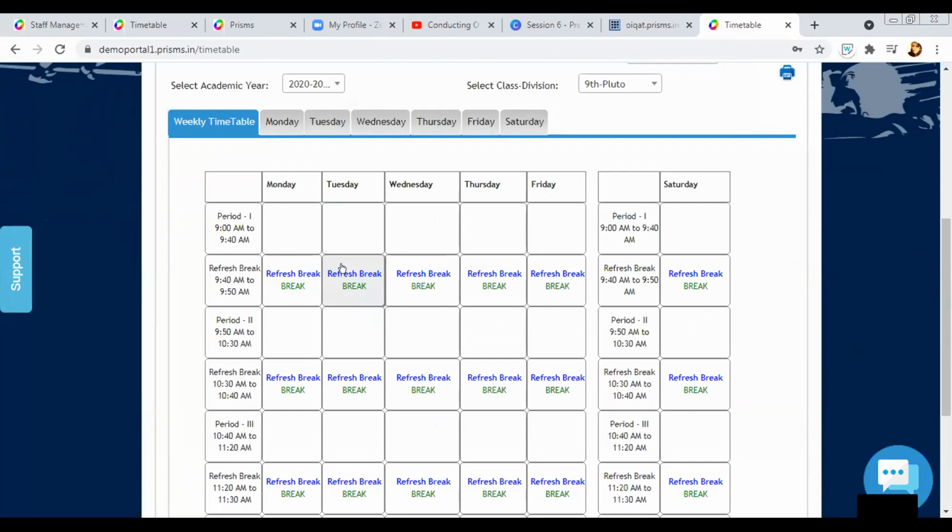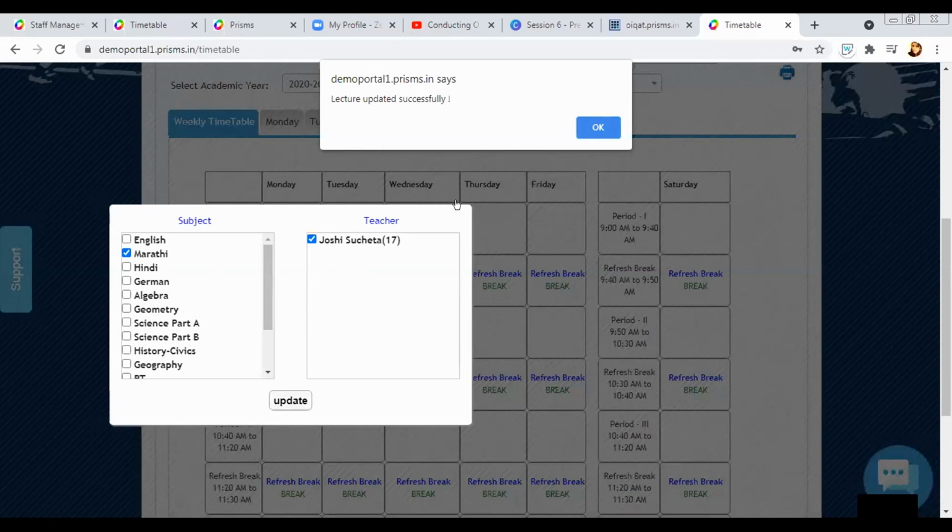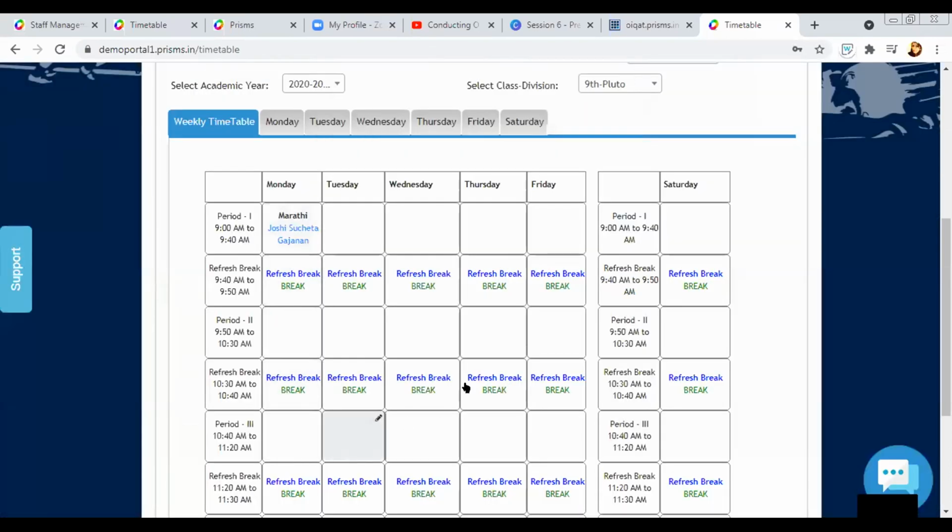If I have to add the classes and subjects, I just have to go to the time slot. Now let's say the Monday 9 a.m. class, whom I want to assign. So I just have to click on the pencil like icon, and I'll select the teacher, and automatically the teacher that I have given access for, her name will be shown here. Now, like I said, giving access is very important. If that teacher does not have access, then you won't be able to assign the timetable to them. So I can select a class and a subject, and I simply can update. Okay. So in this way, I can define an entire timetable.